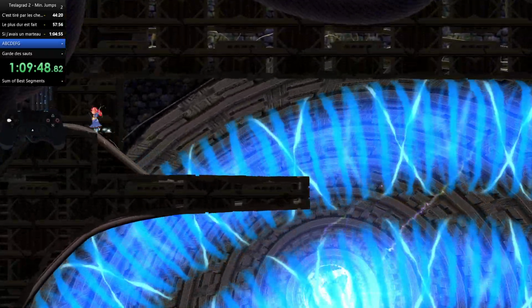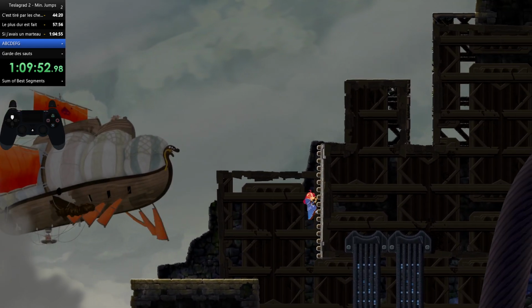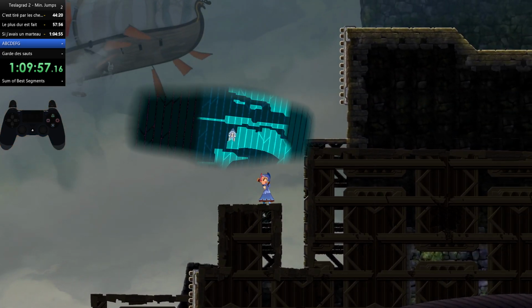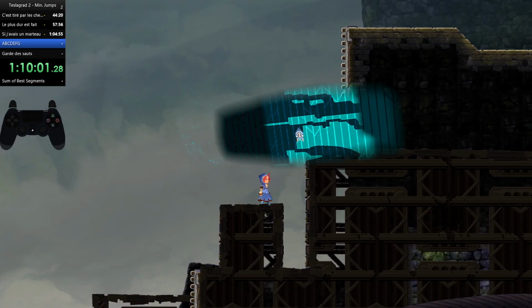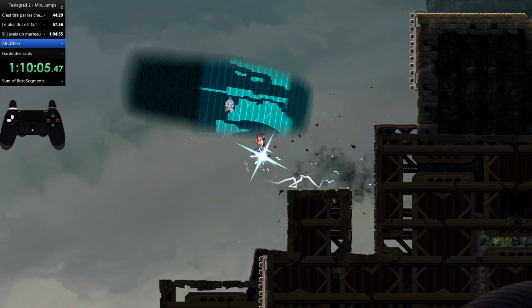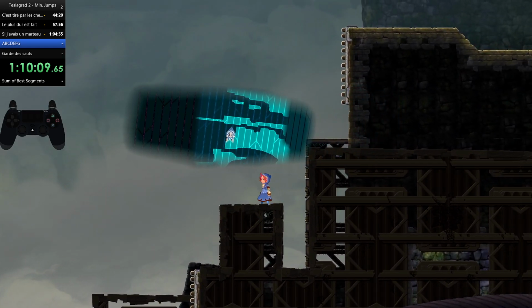Okay. And I think, well, one of the last pieces of improvement that I found here is that we can actually diagonal up macro during this, which allows us to arrive high on the mountain. Of course, I need to get the boost first, but